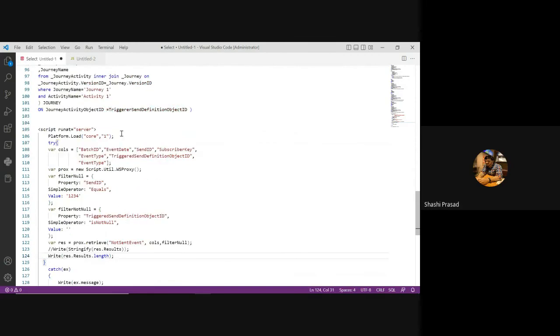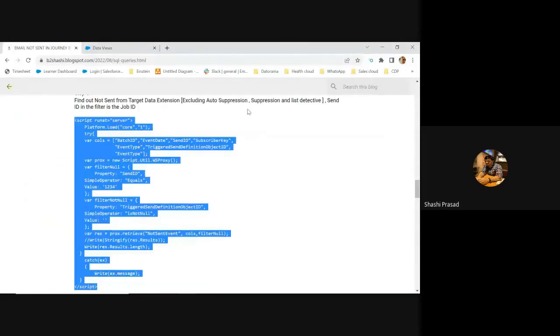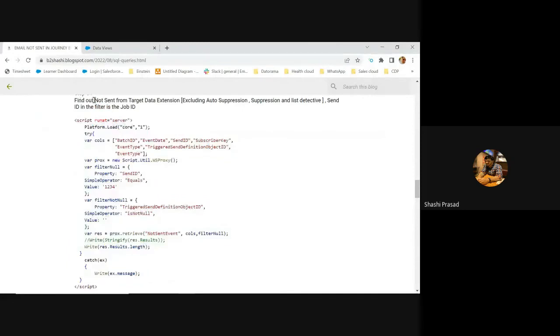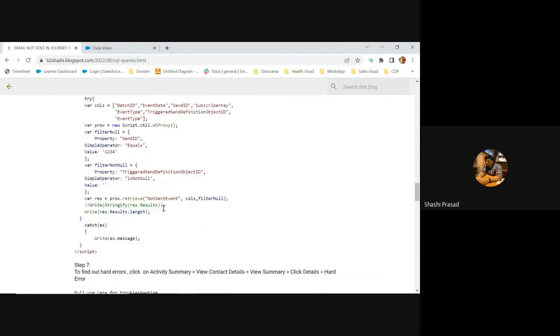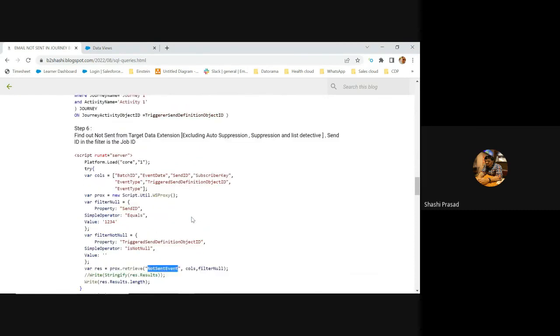The only clause that you have to understand here is that the NotSent event does not include auto suppression list subscribers and list detective subscribers. So they will not be included in this particular object. If you want to find out who are part of the auto suppression list and list detective,